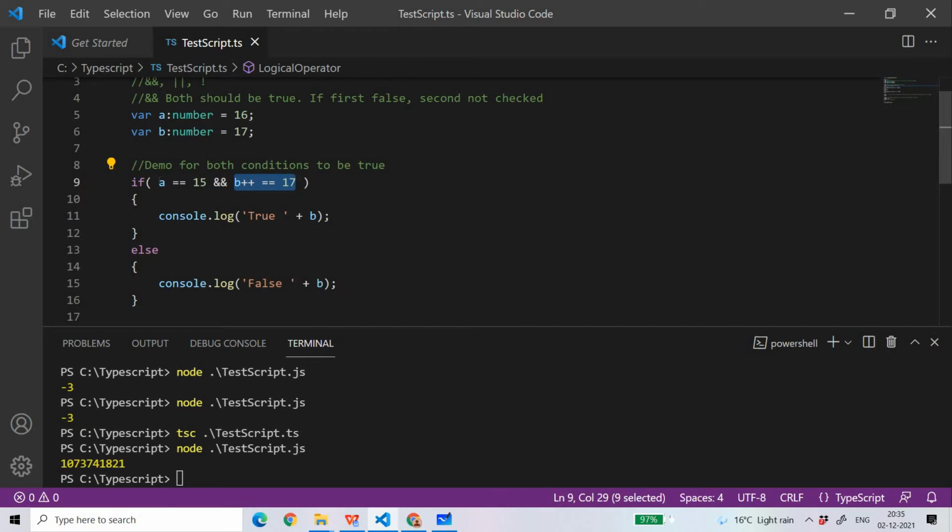If the first condition is false, then the second condition will not be checked. Here a is 15 is false because a is not equal to 15, so the next condition will not be checked, which means b++ will never take place. So b will remain 17 always. Getting my point? Let's run it.